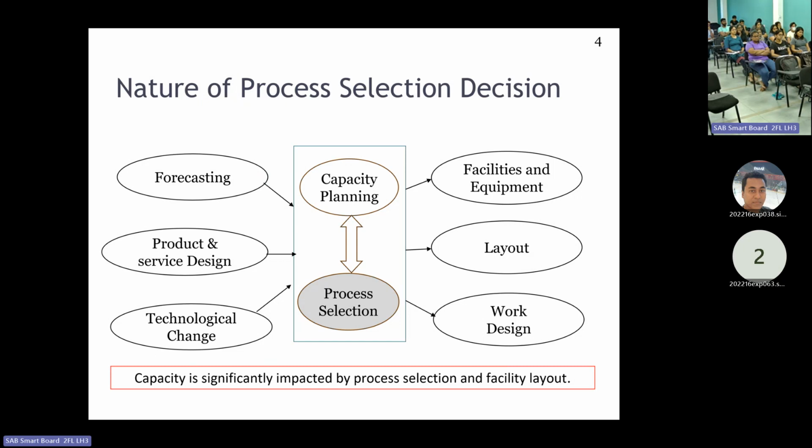So these are two closely related operations management decisions. Process selection affects capacity, and depending on the capacity requirements, we make process selection adjustments. Both should be decided carefully by understanding the market and other requirements, especially the market requirements. Forecasting, in the sense of